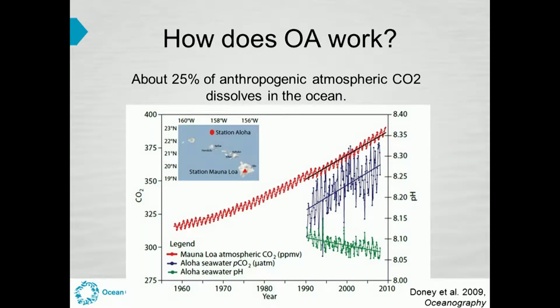When we emit our carbon dioxide into the atmosphere, which is what you see happening here with this red trace, carbon dioxide rising in the atmosphere from 1960 to 2010, we see ocean pH dropping, because when you put carbon dioxide in seawater, it creates an acid, which lowers pH, and it sops up carbonate ions that the organisms need to form shells and skeletons. The blue trace here is the seawater carbon dioxide concentration, and you can see that it's rising right in step with the atmospheric level. So we're quite sure that this is happening.